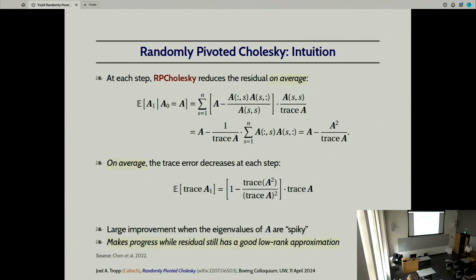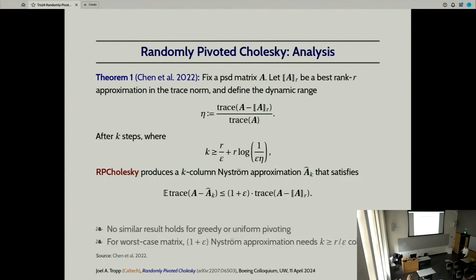What is the worst case matrix? For which? For the R over epsilon. I can't remember. I mean, it's one of these things where you probably cook up like a diagonal block and then some other diagonal blocks, and what happens is that you really have to pick columns from each of the blocks to approximate the matrix. That's usually the way these things go, but I don't remember.